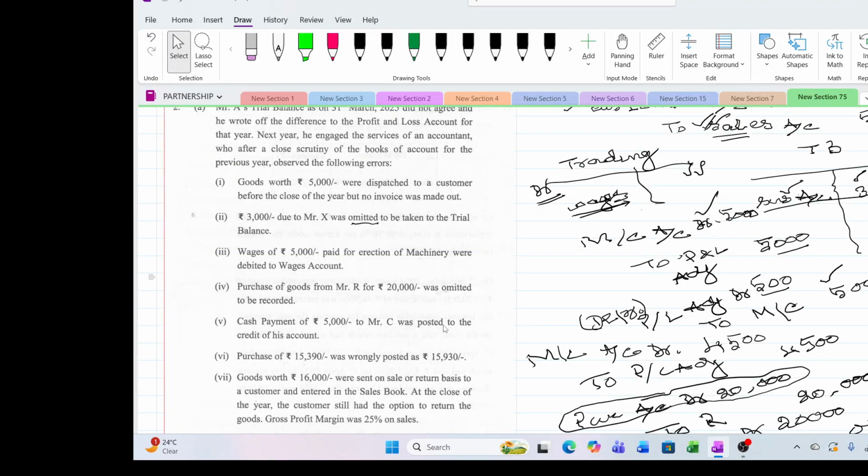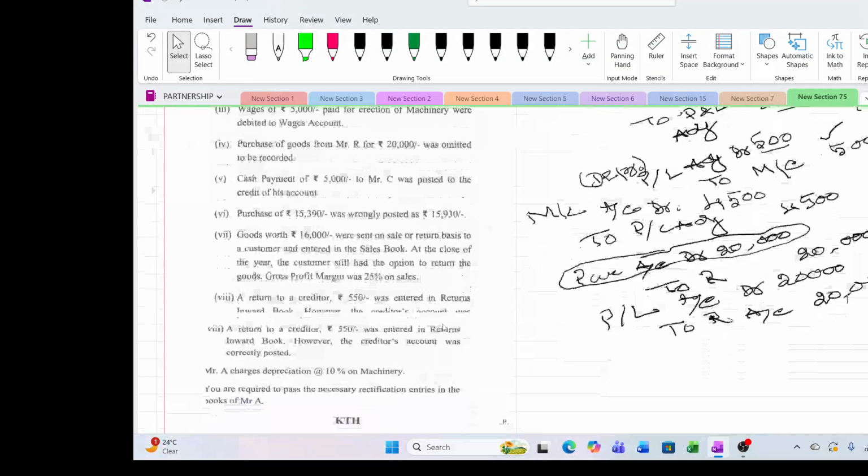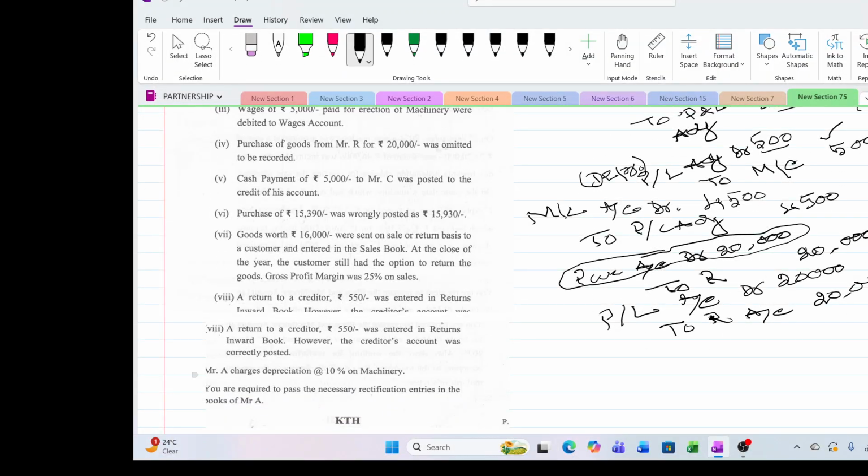Now coming to the next item, cash payment to Mr. C. Posted. Whenever there is a word posted, debited, credited, you can understand only one account has gone wrong. So now this is a cash payment to C. What should our original entry have been? When it is payment made to C, we have to debit C account. Mr. C account debit to cash account. So this should have been the original entry. But instead of debiting C, cash was credited correctly. Instead of debiting C, again C was credited